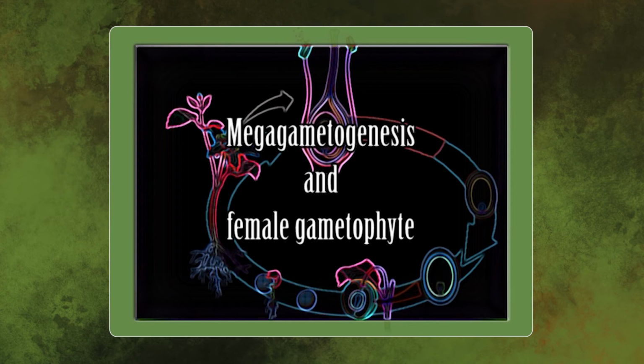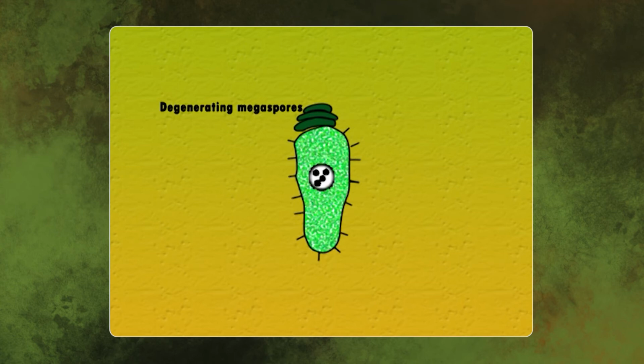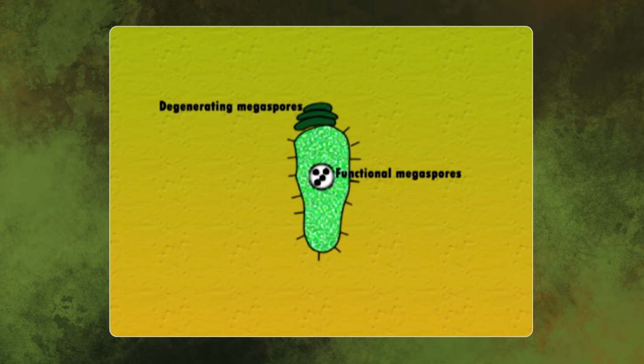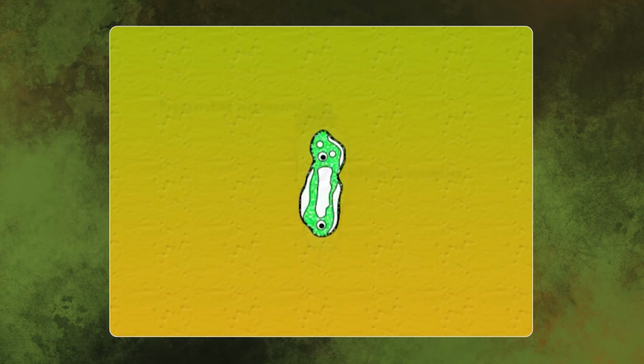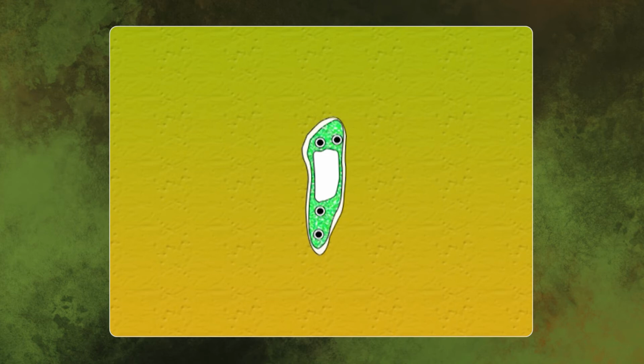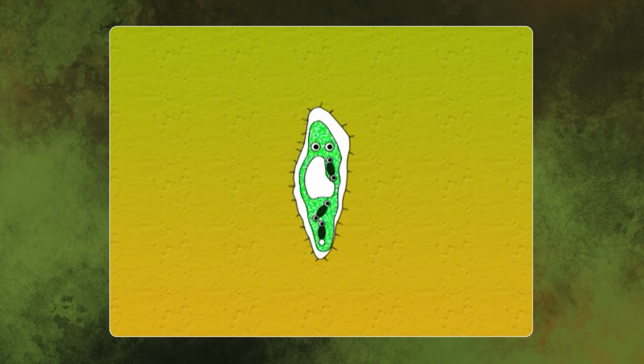The process of development of female gametophyte or embryosac from megaspore is called megagametogenesis. The development of embryosac begins with elongation of the functional megaspore, which is usually the callosal one of the tetrad. The elongation occurs along the micropylar callosal axis. The spindle of the first mitotic nuclear division in the megaspore is oriented in the long axis of the cell. Nuclear division is not followed by wall formation.